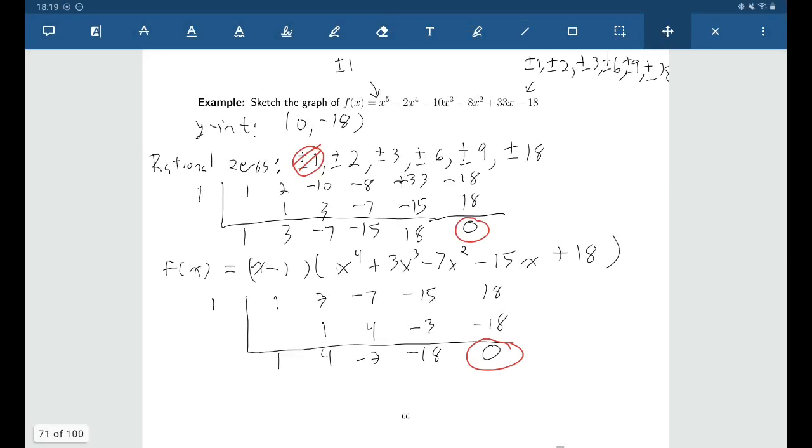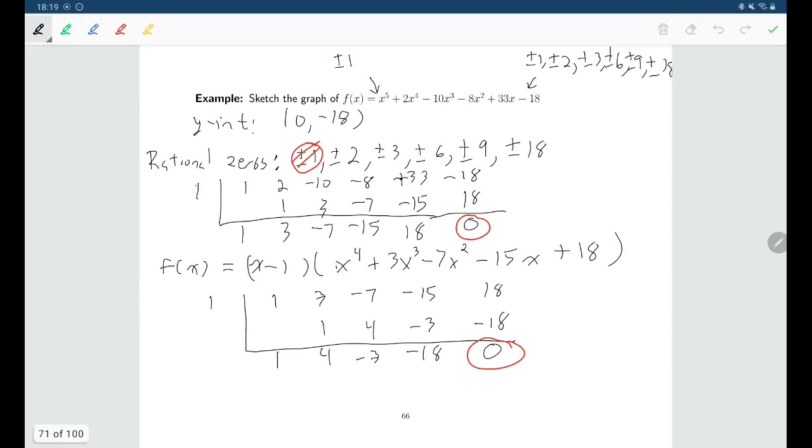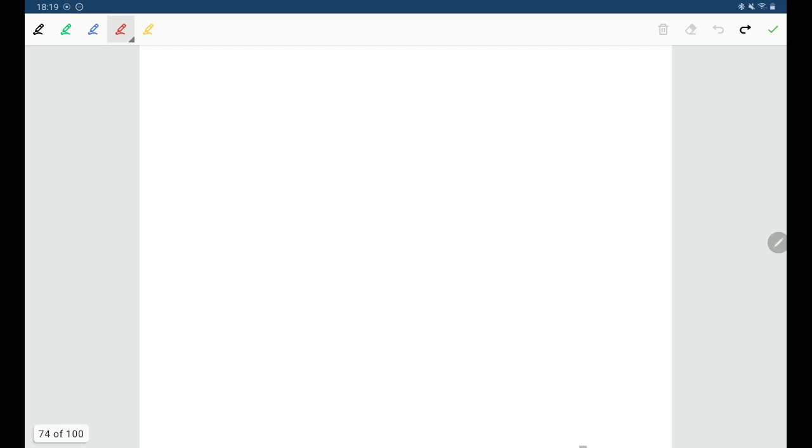And so for this, we need to go back to the beginning of things and look at our polynomial as it was originally given. And look at that leading term. The leading term for this polynomial was x to the power of 5. So now if we're going to talk about end behavior,